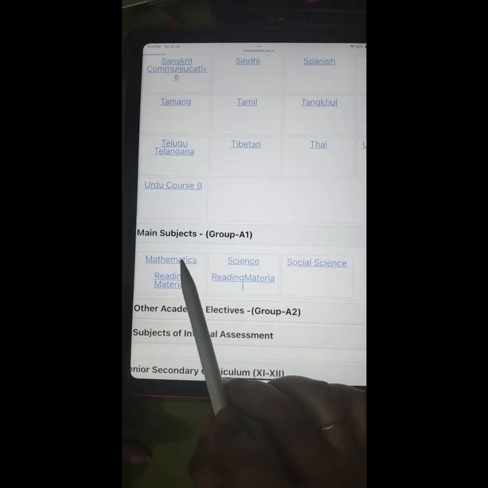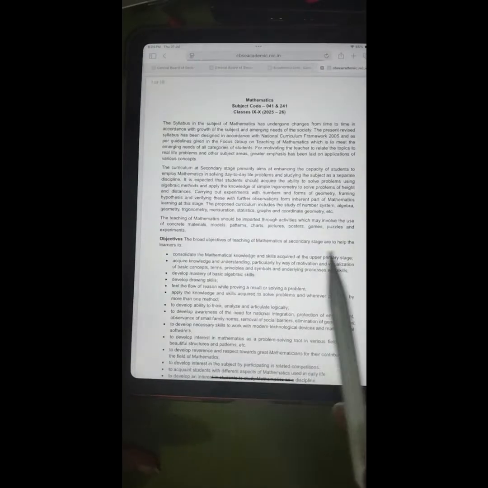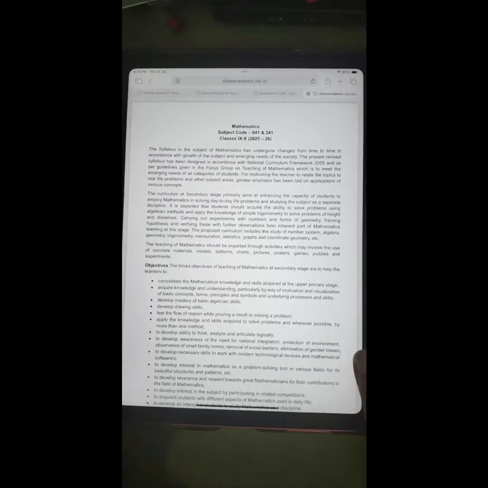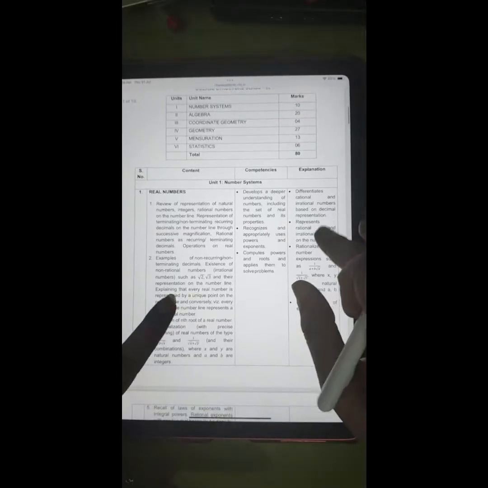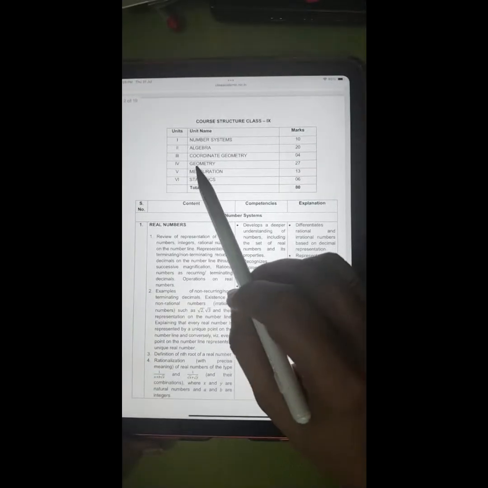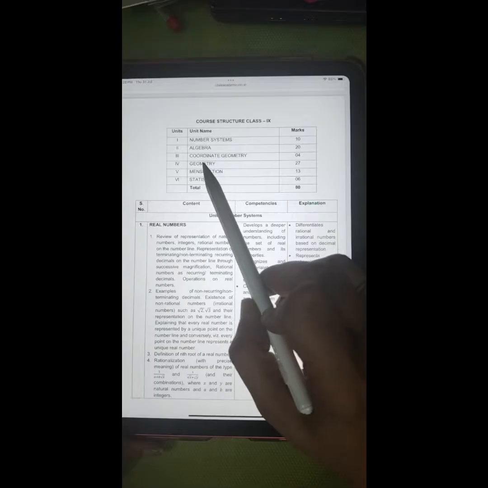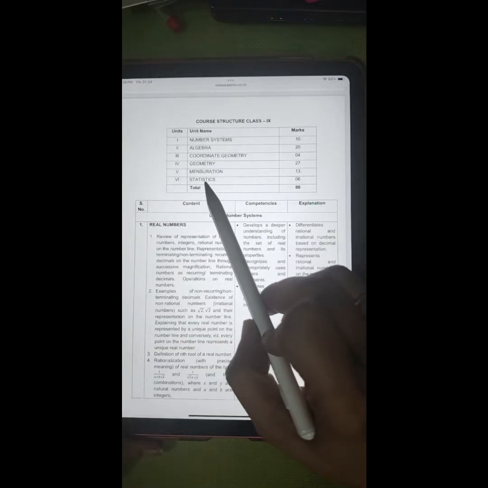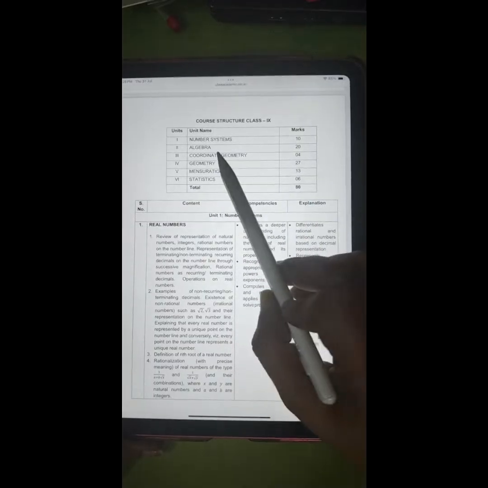In case you want to see the syllabus of maths, here I come to the maths. This is for the subject codes 041 and 241, Standard maths and the Basic maths. These are the objectives that will be covered in the syllabus of class 10th. So for class 9th, there are 6 units: number systems, algebra, coordinate geometry, geometry, mensuration, statistics, and the weightage per